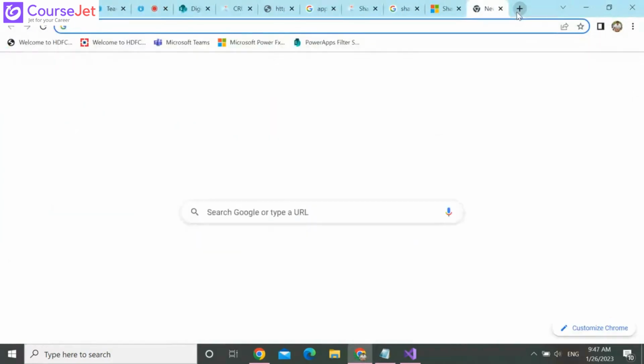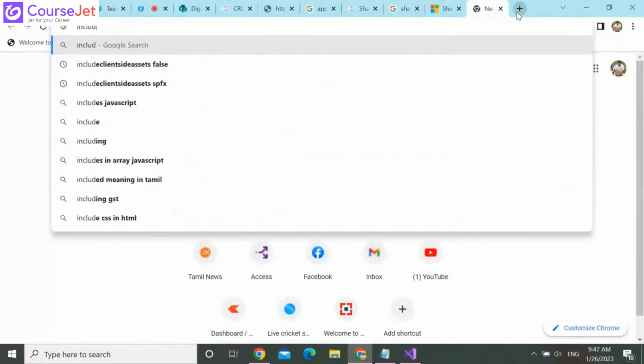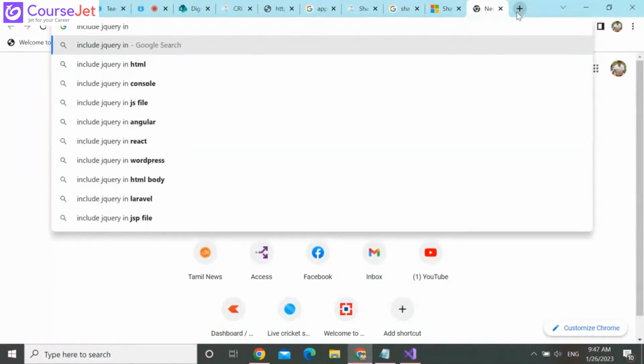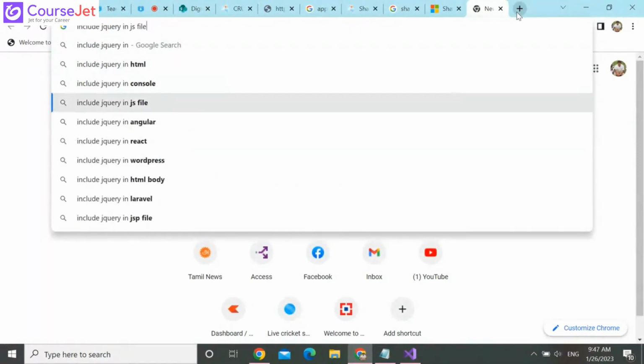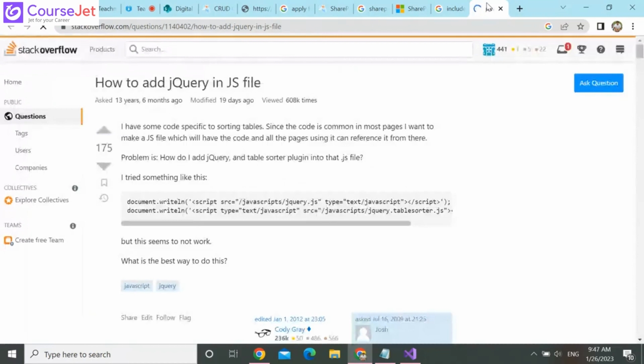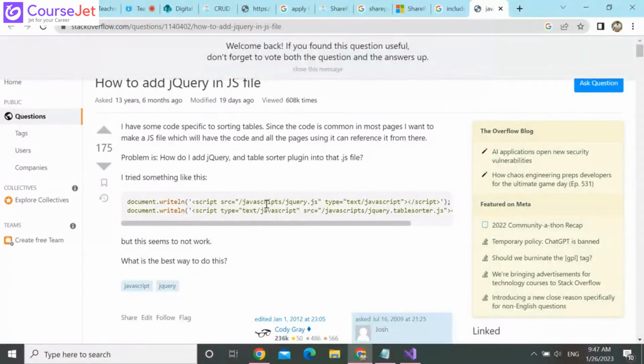How to include the jQuery library file? You can see the simple way: script src. Wherever you added it in the SharePoint library, you can give that library path in the src. Okay, that's it. It will automatically fetch the jQuery file. Okay, once you have included it,